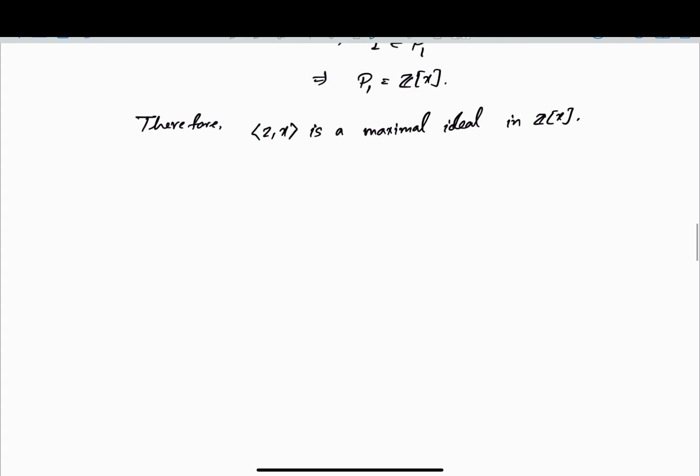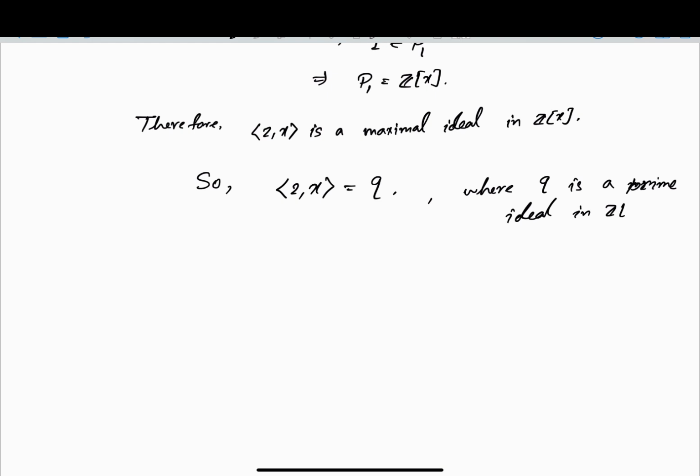So (2, x) is basically Q, and Q is a prime ideal